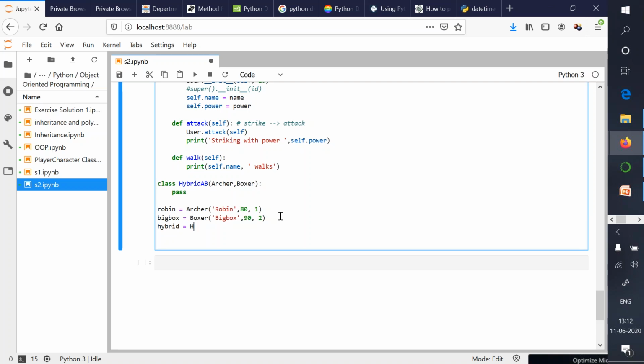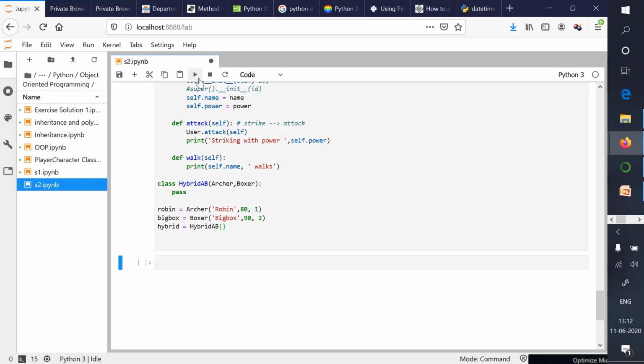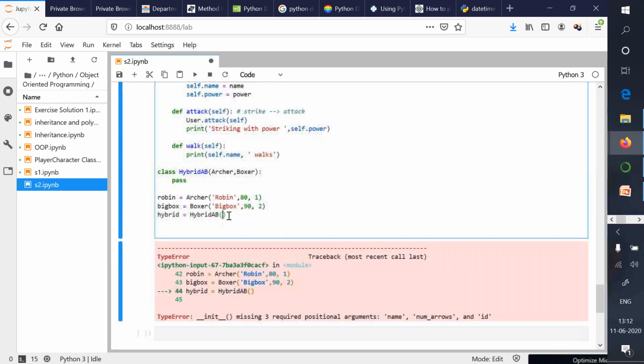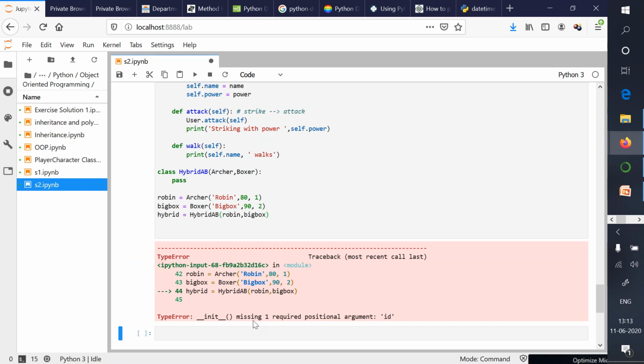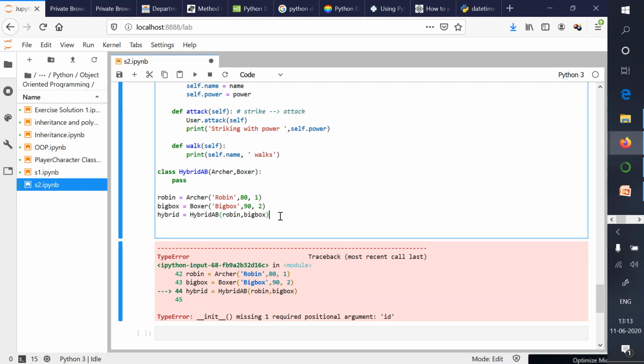Hybrid user is equal to hybrid AB, hybrid of Robin, comma, or no need to mention this, but if we simply write it like this, you will be getting an error. Anyhow, you need to pass Robin, comma, big box, and if you try to run, you will get this init is missing one positional requirement.